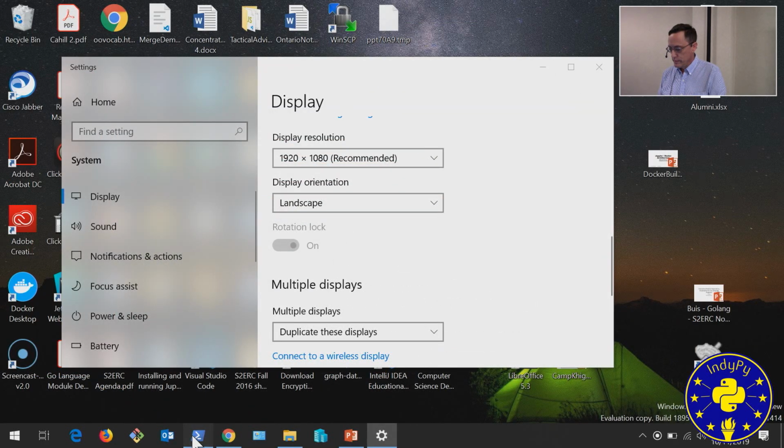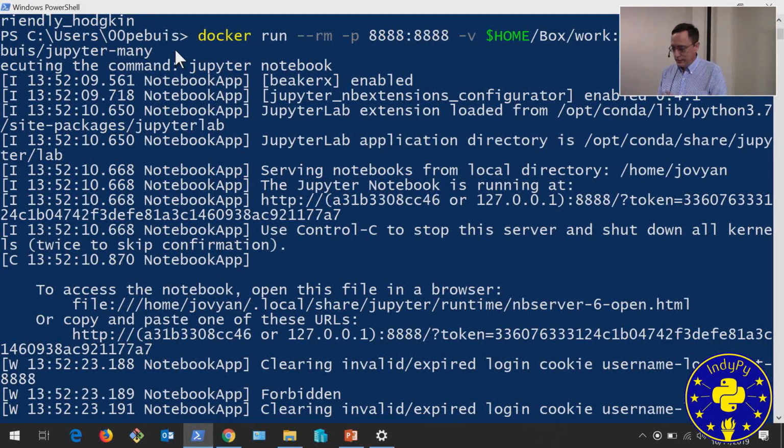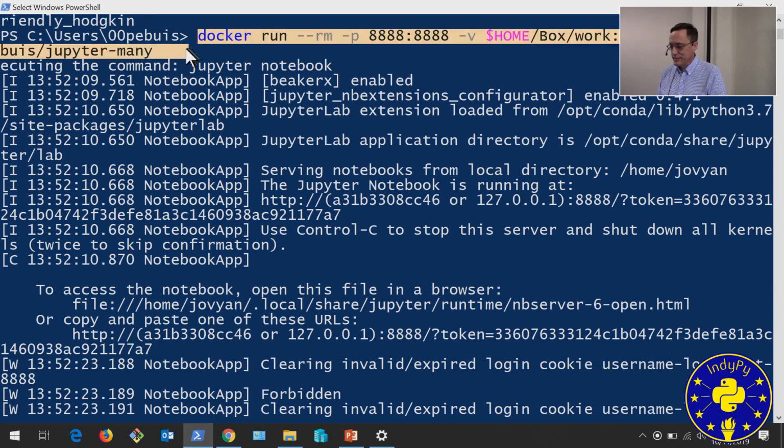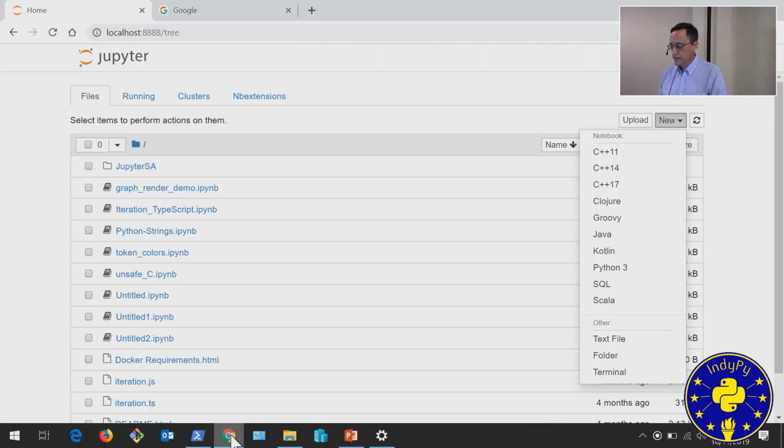So in PowerShell, I fire up the command that we showed earlier. Type it, and it fires up the container, and the container starts running and doing its thing. And then on the browser side, I had to, well,